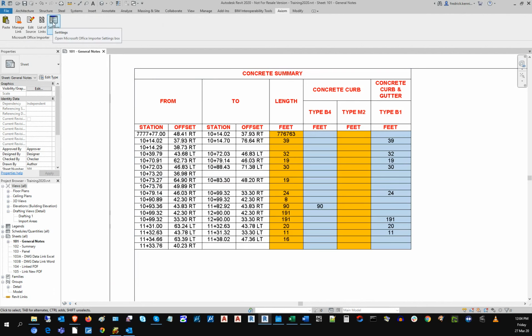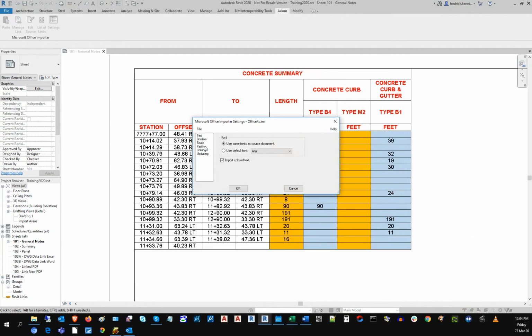It's a standalone schedule. It's not linked to any of the project data. And if I go to settings, under pasting, it says paste Excel files as, and notice it says schedule. This applies to pasting Excel into a sheet. So that's the default for pasting into a sheet. You have the option, though, of also saying paste it as a detail group with text, notes, and lines. Outside of a sheet, and there's a number of different areas we can paste into outside of a sheet, it'll always be a detail group. And Word, no matter where we paste it, whether it's a sheet or otherwise, will always be a detail group,